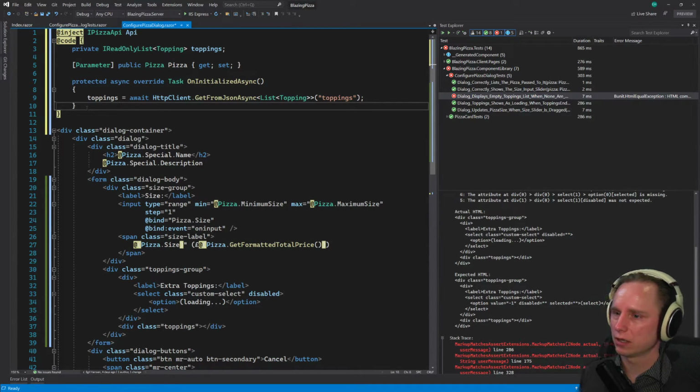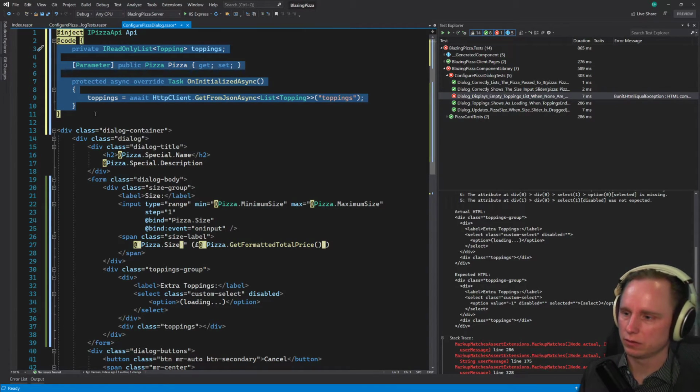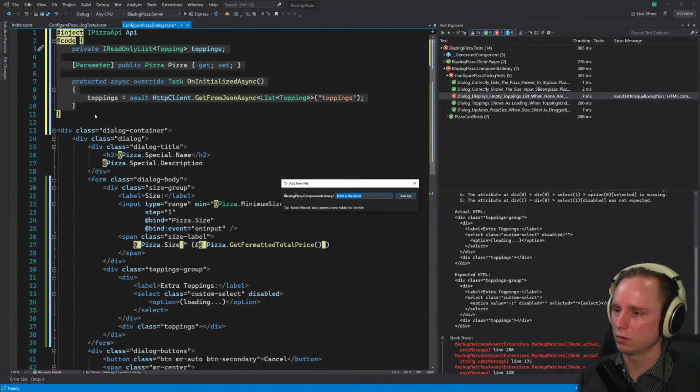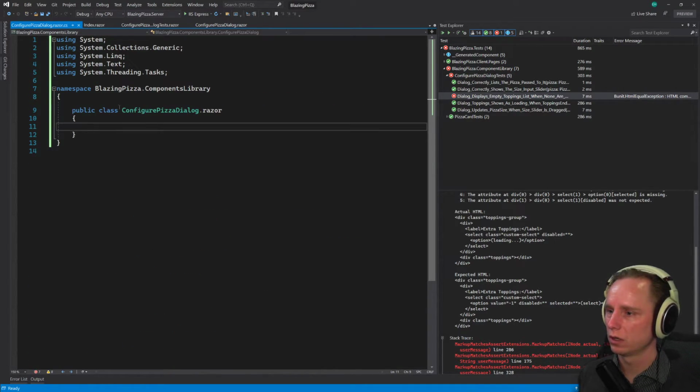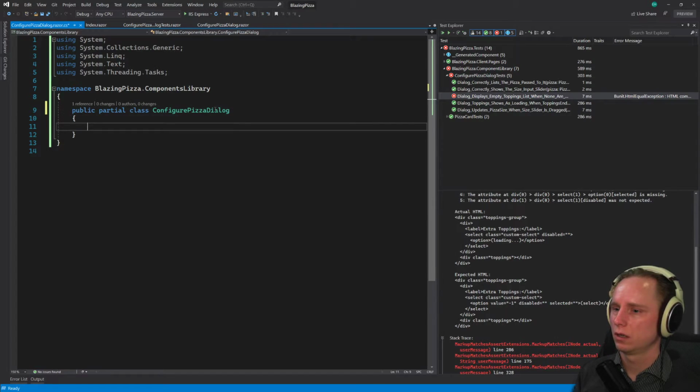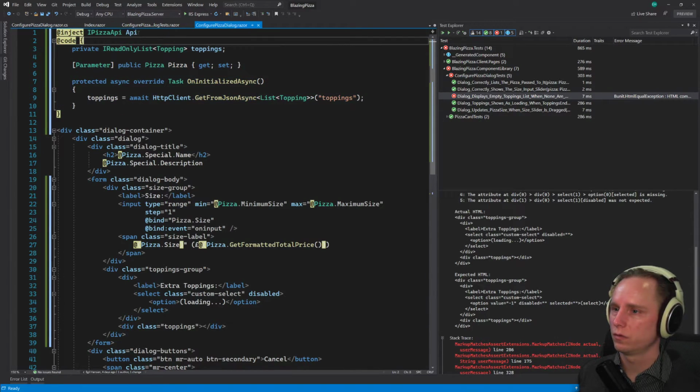Let's pull these things out into its own component, into its own C# file, just to show folks on stream who might not be familiar with this what that actually means. So we're gonna create a ConfigurePizzaDialog.razor.cs, if I remember correctly, and it has to be a partial class. And instead of using the